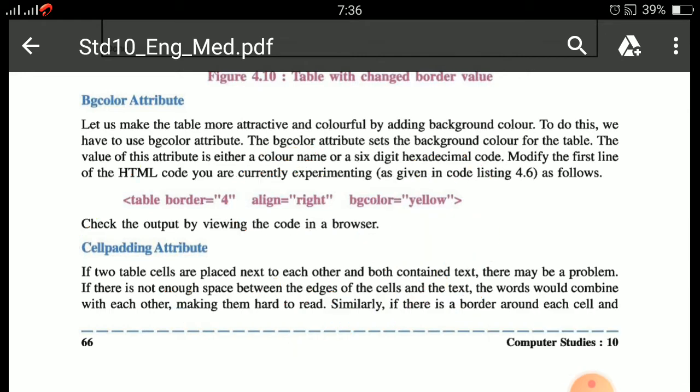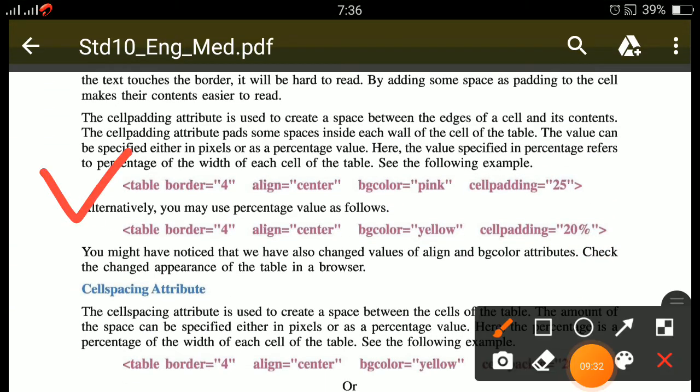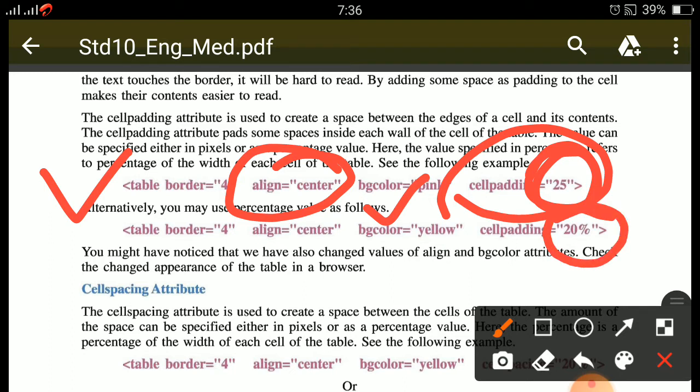Okay, then after, cell padding attribute. So for giving cell padding, here table border is equal to 4, align is equal to center, bg color is equal to pink, and cell padding is equal to 25. Here either you can specify a specific value or you can specify a percentage value.